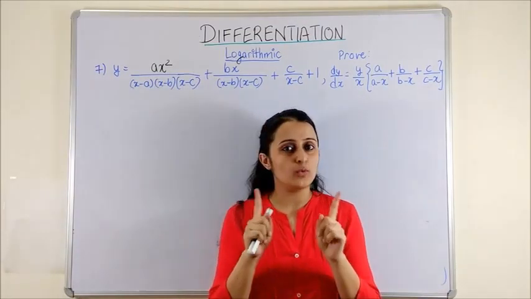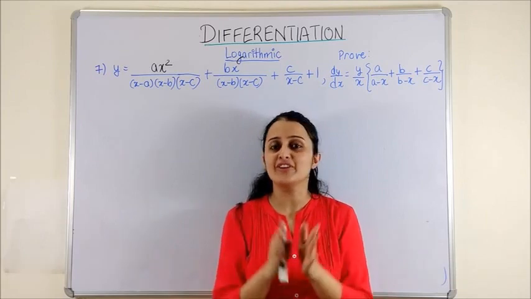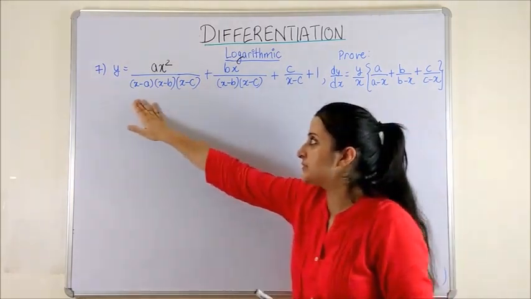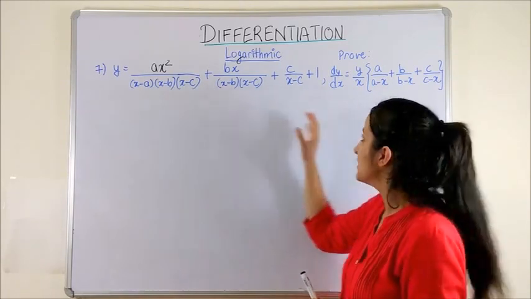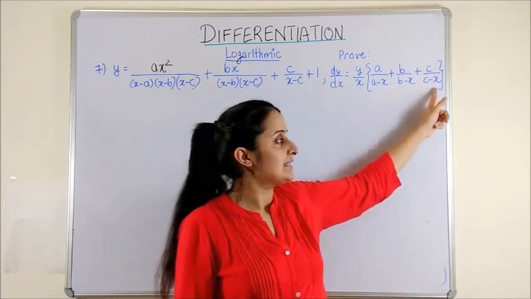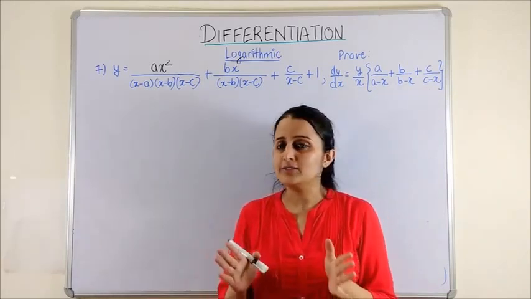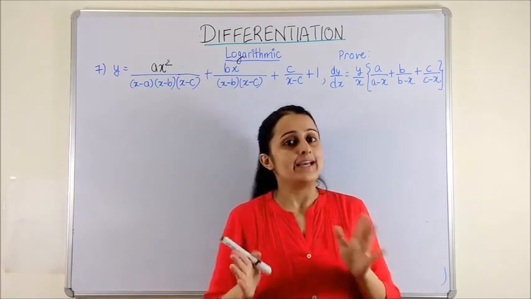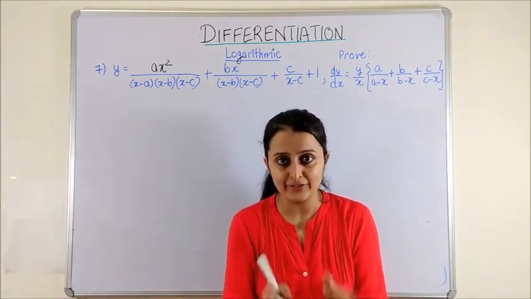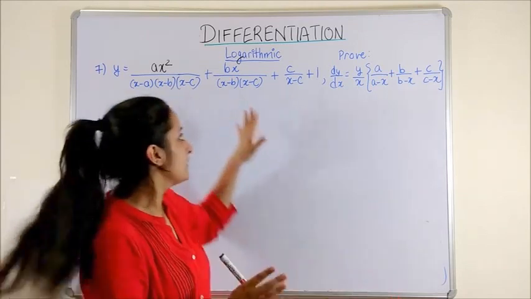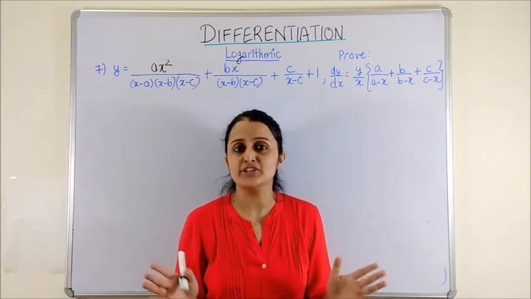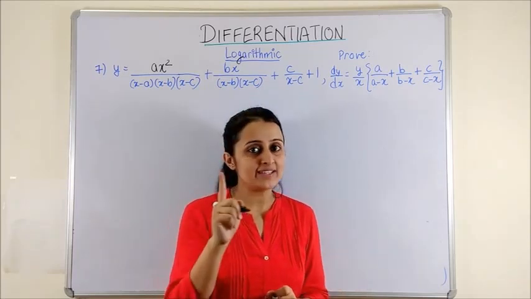I thought of taking one more bonus question before we wrap up this session. So look at the seventh question. Y is equal to this huge expression, and you have to show dy by dx is y upon x and these terms. Now if you try to take log on both sides, it is difficult. If you try to directly differentiate, it is again difficult. And if you try taking an LCM, of course it works, but then the calculations would be immense. Well, we make a smart move.